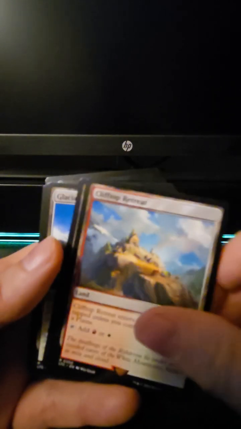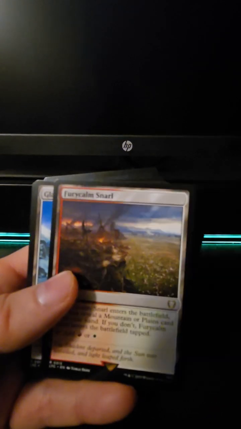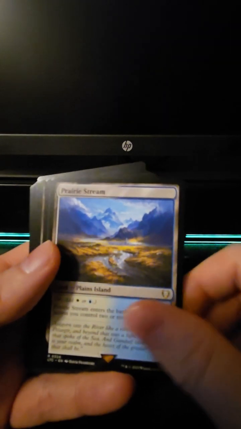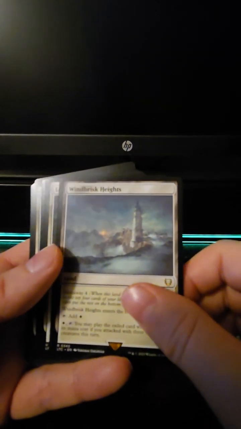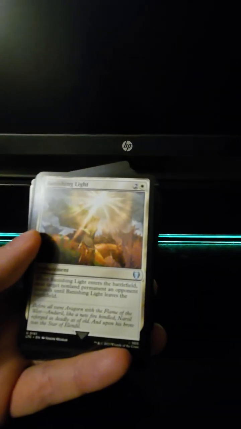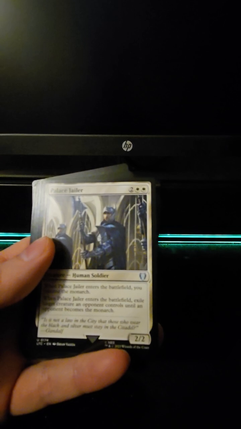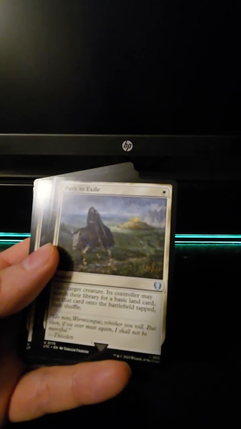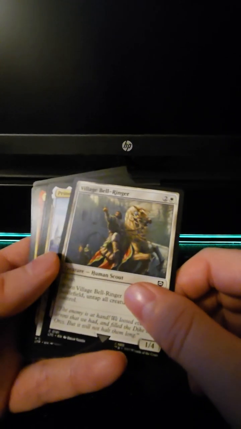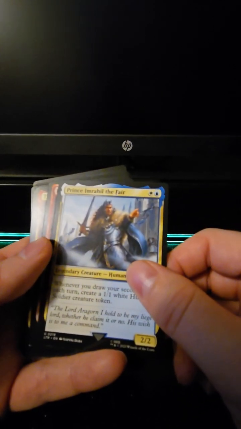Battlefield Forge, Clifftop Retreat, Exotic Orchard, Fury Calm Snarl, Glacial Fortress, Port Town, Prairie Stream. These must be our dual lands. Sulphur Falls, Throne of the High City, Windbrisk Heights, Lost to Legend, Erkenbrand, Lord of Westfold, Banishing Light, Fiend Hunter, Palace Jailer, Path to Exile, not to be confused with the game, Sunset Revelry, Swords to Plowshares, Village Bellringer, Prince Imrahil the Fair,